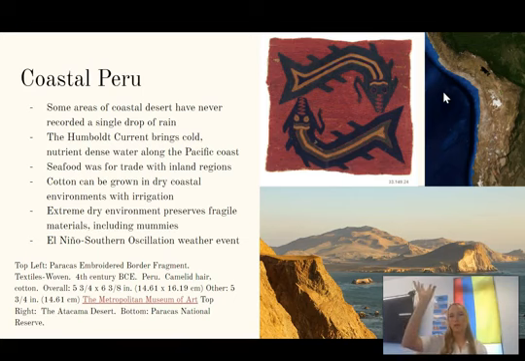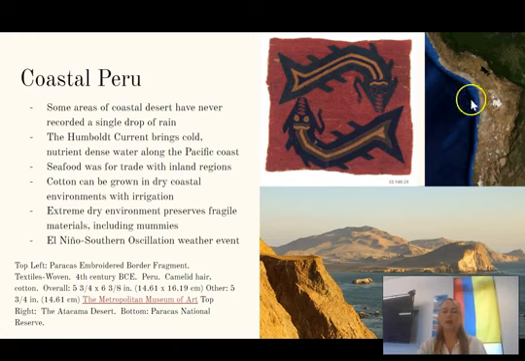The Humboldt Current takes really cold, nutrient-dense waters from up in Alaska, and it brings it down this channel along the west coast of the United States, and South America as well. The Pacific Ocean is pretty deep here, and that cold, nutrient-dense water is just teeming with abundance in sea life. This includes whales, dolphins, fish of all sorts, sea lions, and many animals that people can use for sustenance.